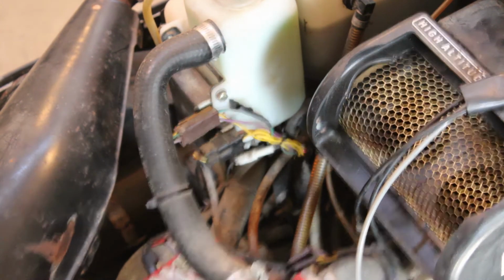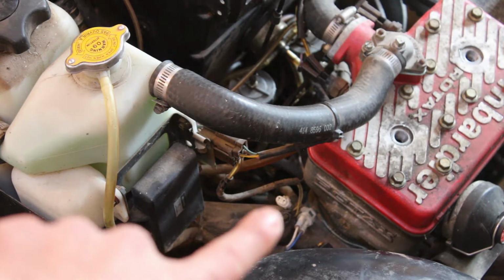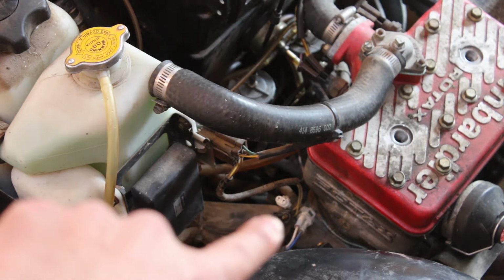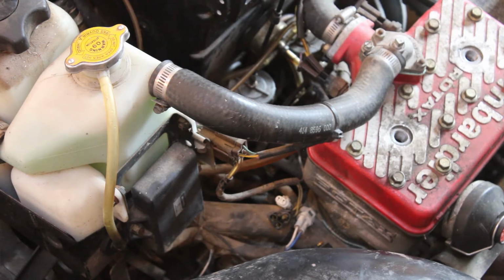So we got two different plugs down there that we're going to be looking at. This little white one right there, and then this 3-pronged one right there. Both of those are coming out of the stator. From what I can see on the wiring diagram, those both feed into the CDI box. So I just want to make sure that we have some sort of AC voltage coming out of there and